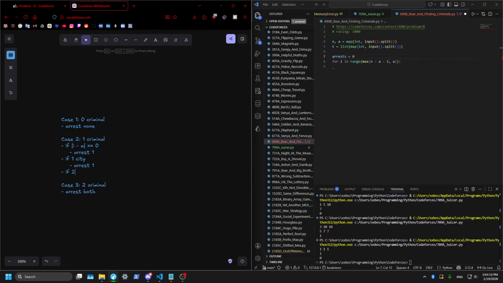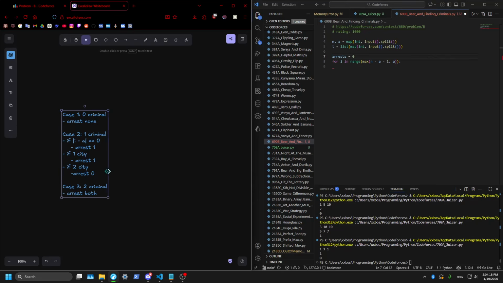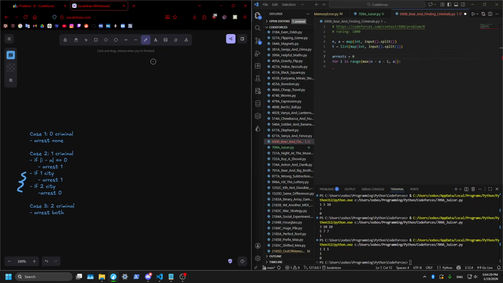If 2 city, arrest 0. So this is all the cases. Now the hardest part left is this. How to determine 1 city or 2 cities. Now if we're